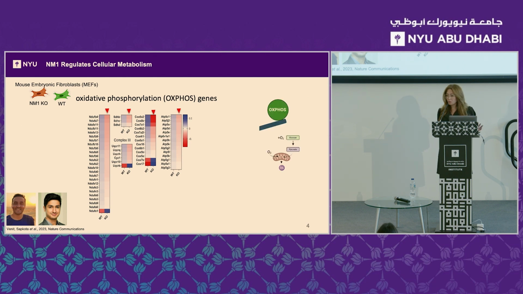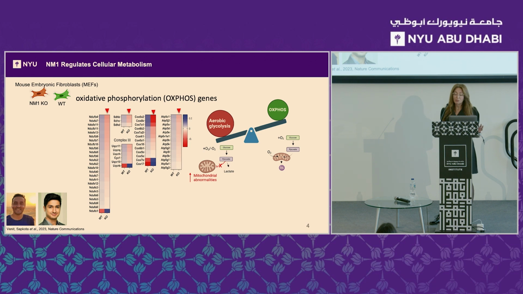And this is very important because if you imagine we have less mitochondrial respiration, then it means there is another type of respiration, which is cytoplasmic, and it is aerobic glycolysis. And this is actually indicating that there are some abnormalities in mitochondria. And this is normally happening in highly proliferative cells like cancerous cells. But it's not only in cancer cells, it's also important for cells that are located in the part of our body where there is not enough access to oxygen, for example, stem cells. And it's important for stem cell fate decision.